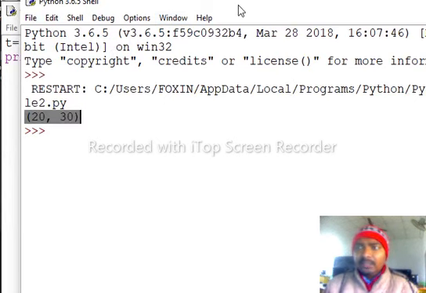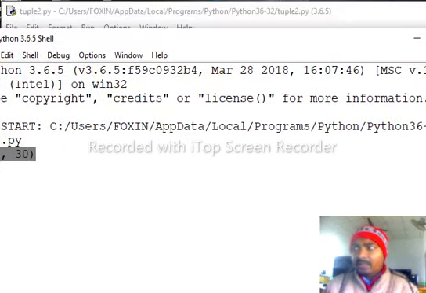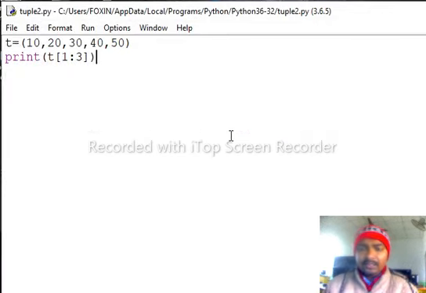Okay, so these are the points. There are 3 points: creating a tuple, then traversing each and every element of a tuple using a for loop, and next one, creating a slice of a given tuple. Okay, using index position starting to end, or you can put one index position for a particular element, it doesn't matter, depending upon your requirements. Okay, now